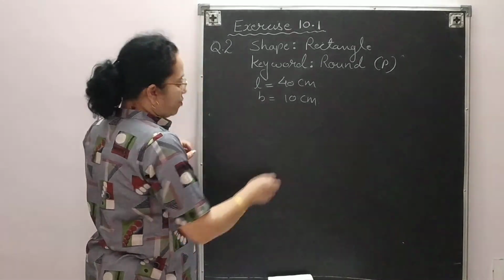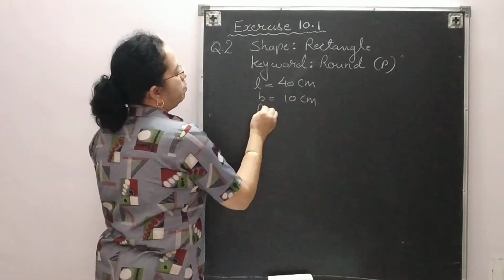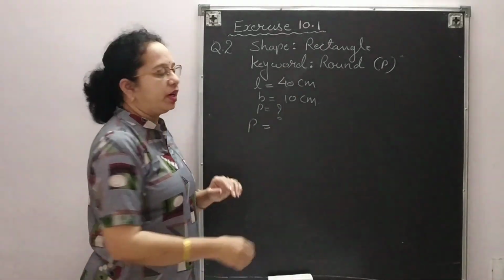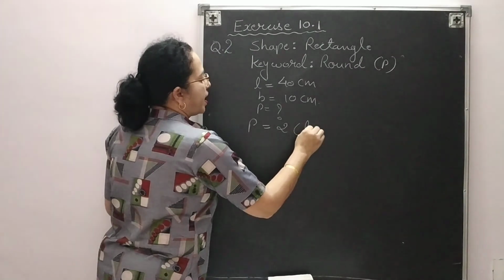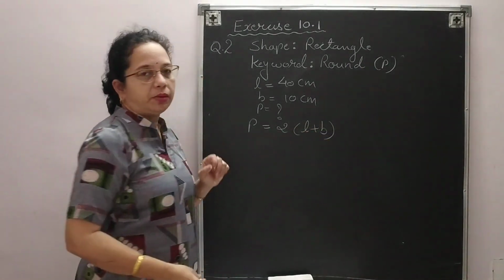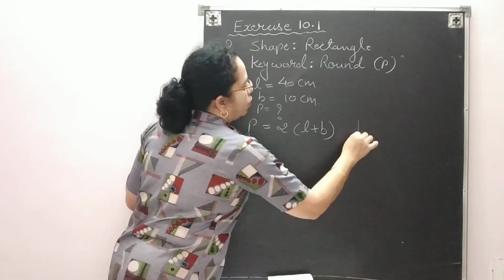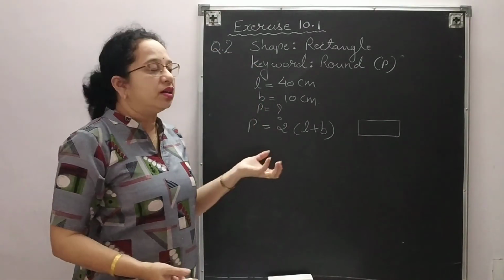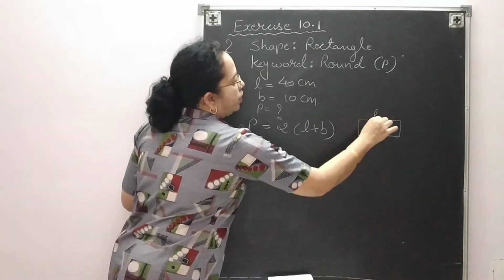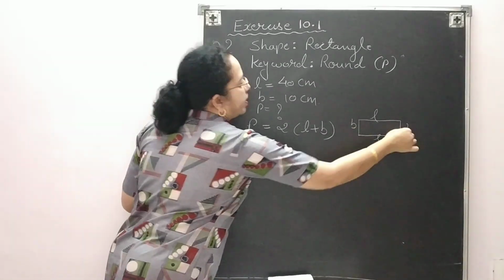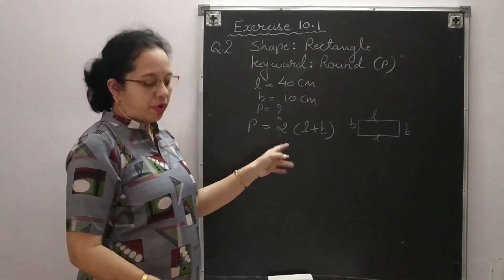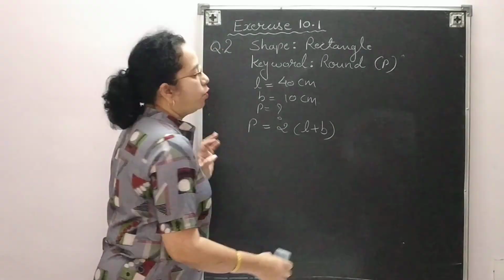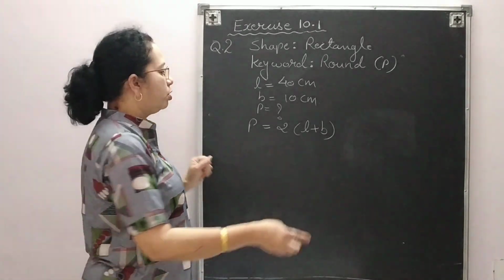So now we will start with the formula of a perimeter of a rectangle. What is the formula for the perimeter of a rectangle? 2 in bracket L plus B. Okay. I told you in my first video how to create the formula by understanding. Perimeter means you need to add. So 2 times length and 2 times breadth is there. So 2 will be common and L plus B. This is the way. We will not muck up the formulas. We will try to understand the formulas.